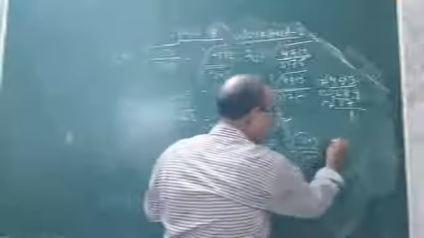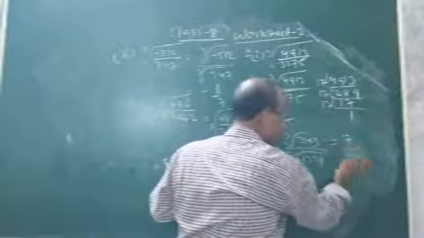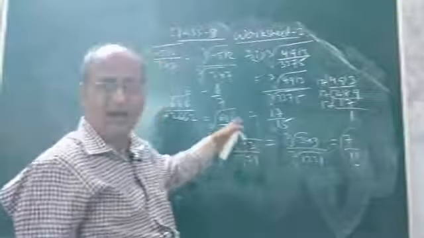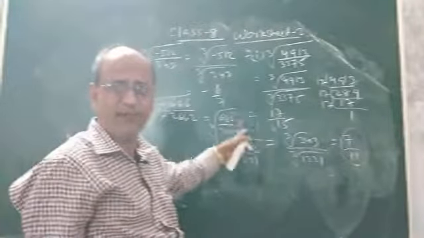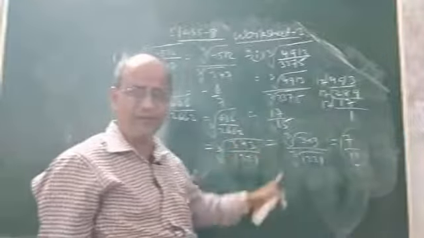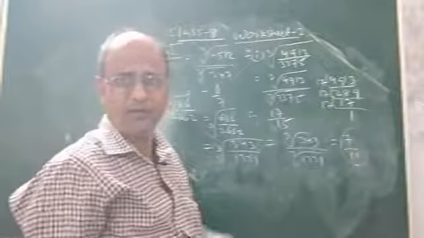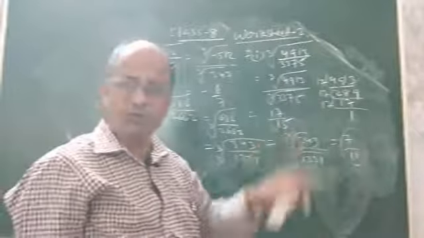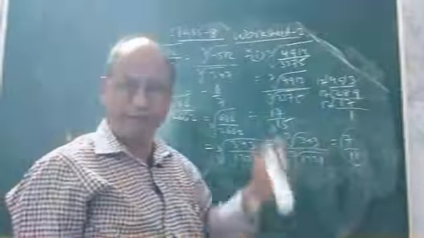So what will be the cube root here? It will be 7 by 11. So this will be the answer. Okay. So had you not converted this p by q or rational number into lowest form or simplest form, you won't be able to get its cube root, even by applying the formula cube root of a by b equal to cube root of a divided by cube root of b.